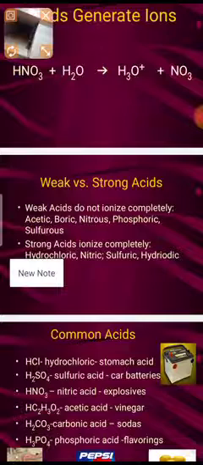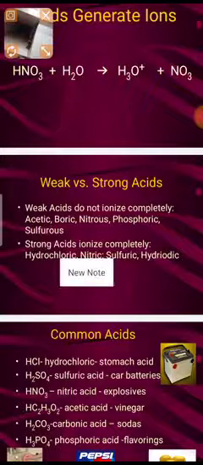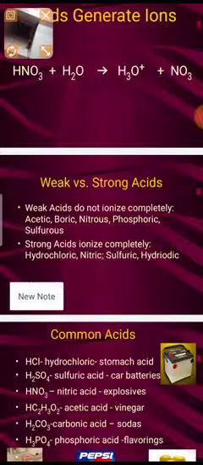Whereas a strong acid ionizes completely, and therefore the reaction is irreversible. Hydrochloric acid, nitric acid and sulfuric acid show complete ionization, and therefore show an irreversible reaction. The common acids are